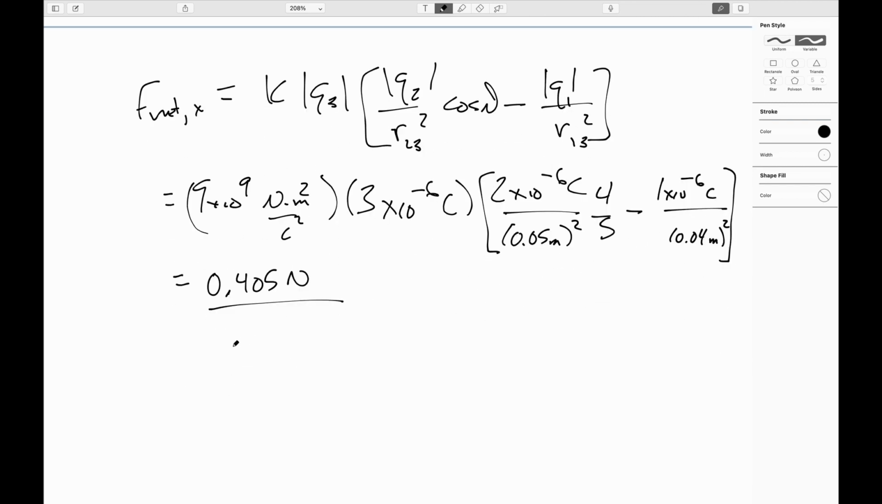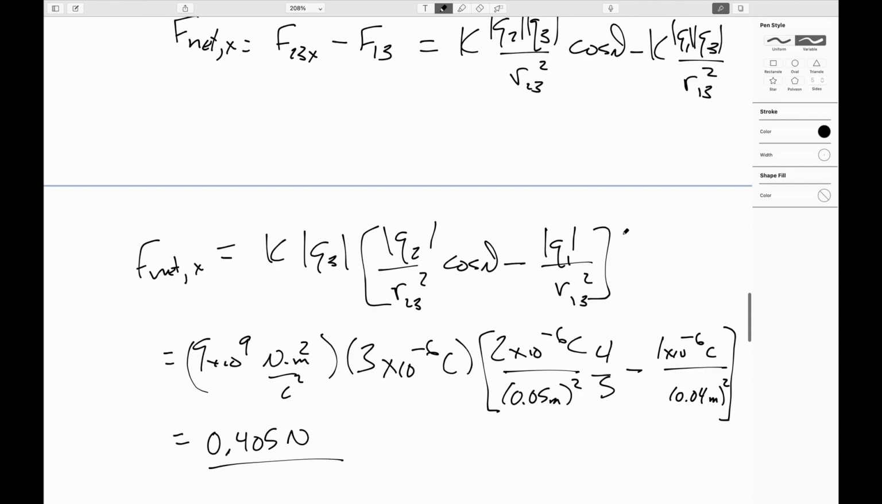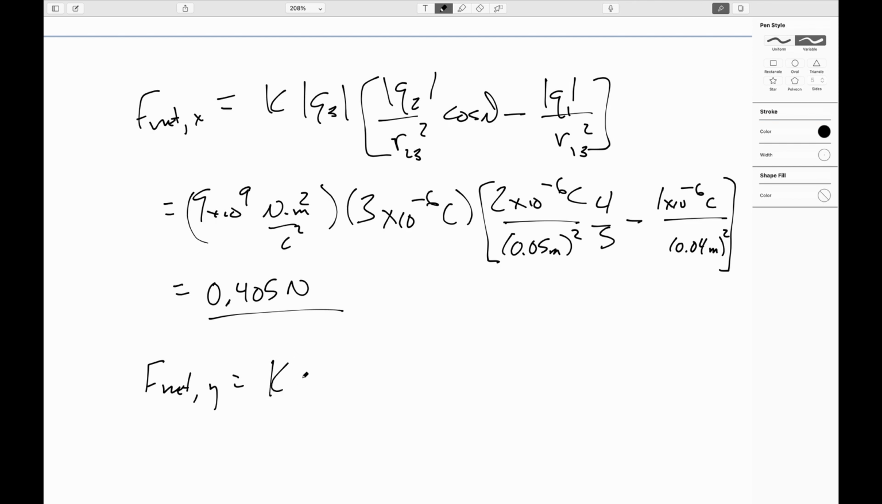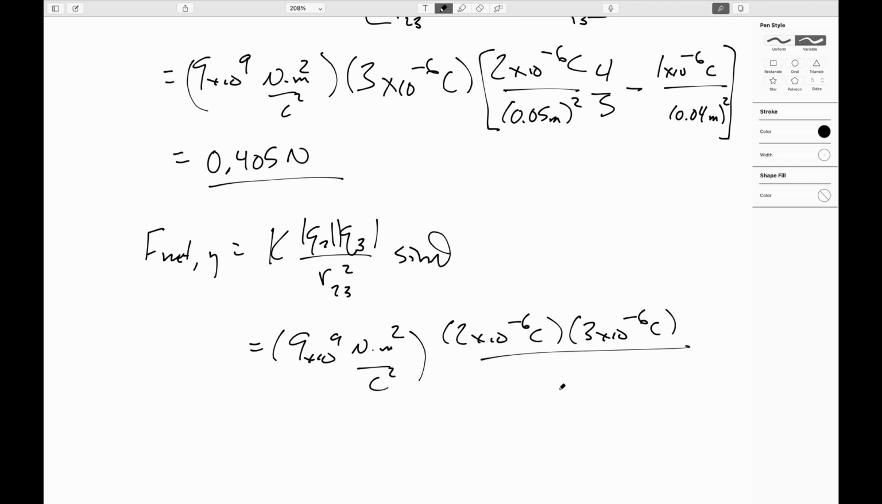Now for the y component, let's go back and look at our free body diagram. In our free body diagram, we see that only F2 on 3 has a y component. So we can just write that as F2 on 3, which is k q2 q3 over r23 squared times sine of theta. We can just plug and grind it. We'll have 9 times 10 to the 9 Newton meters squared per Coulomb squared. Q2 we said was 2 times 10 to the negative 6 coulombs. Absolute value of Q3 was 3 times 10 to the negative 6 coulombs. This will be over 0.05